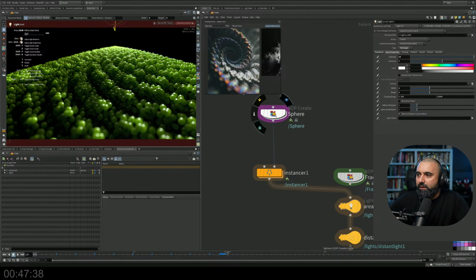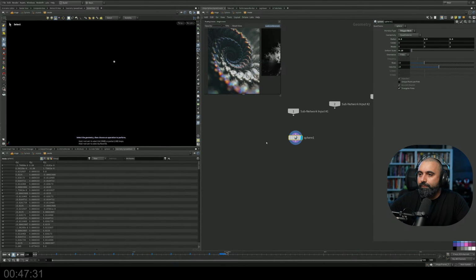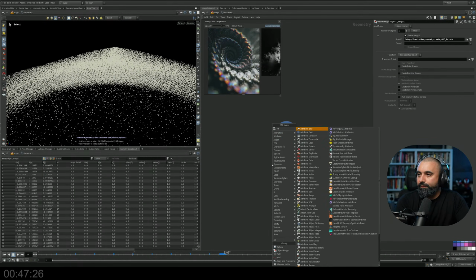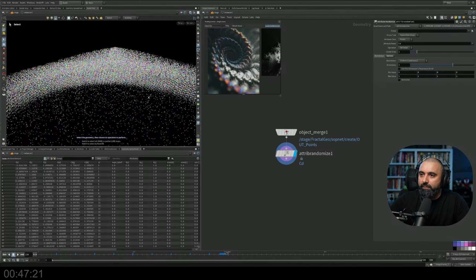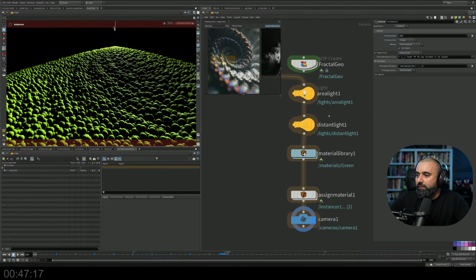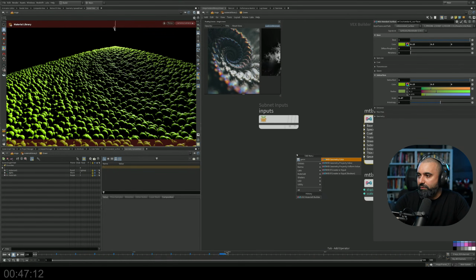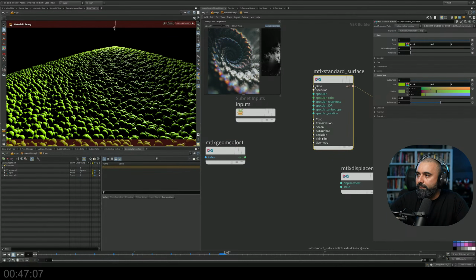So maybe we can add some randomization to the color of the points. So if we go in here, we can do it here. We do attribute randomize. It makes every point kind of that color, that like rainbow color, and then we can go geometry color. I'm not gonna use that color. I'm gonna change it, but